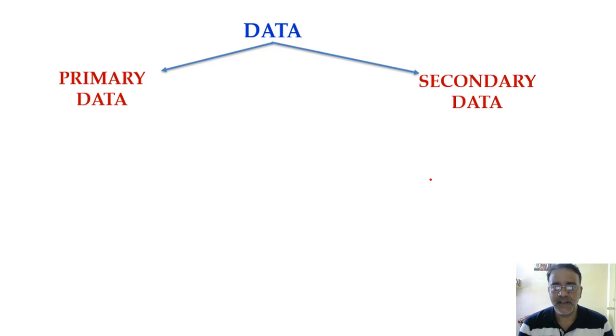Okay, now if the investigator collects the data by himself, that data is called primary data. I repeat it, if the investigator collects the data by himself. Okay, for example, I'm giving one example. I told Suhas to collect the number of students present in every class. So he went to each class and took the data. He went to each and every class and took the data, and that data is called the primary data